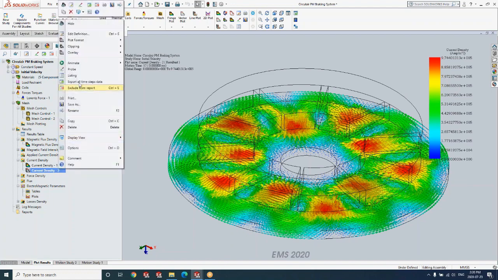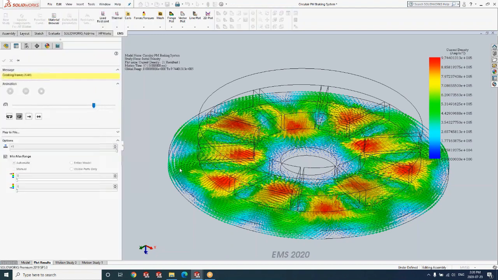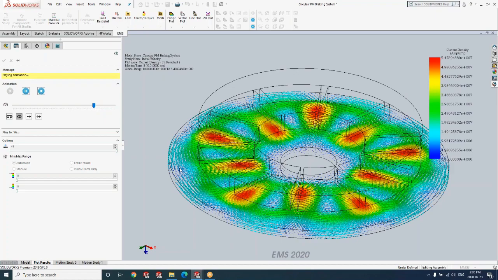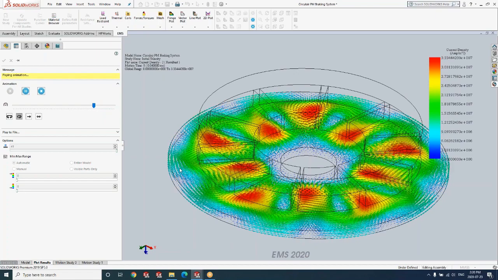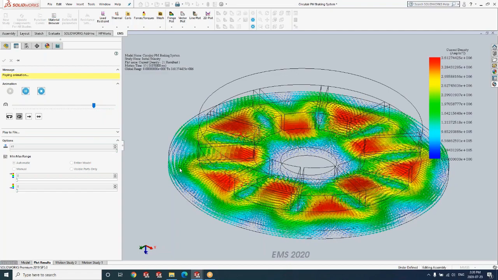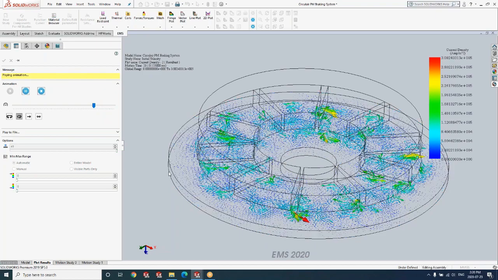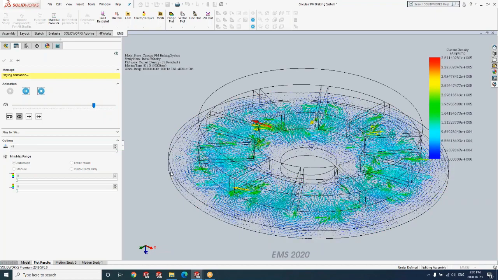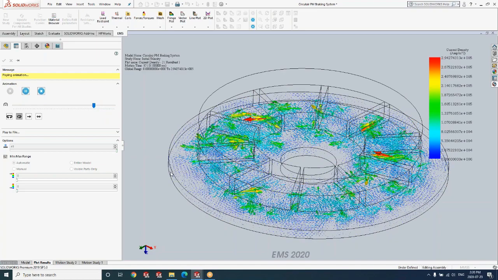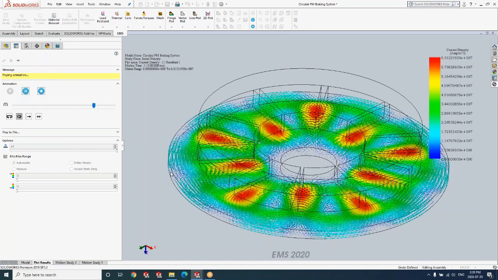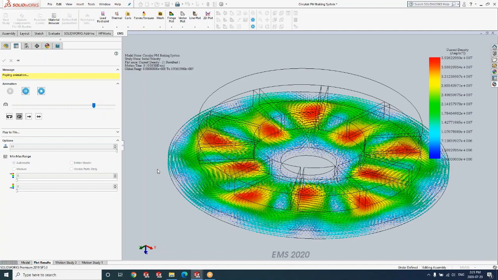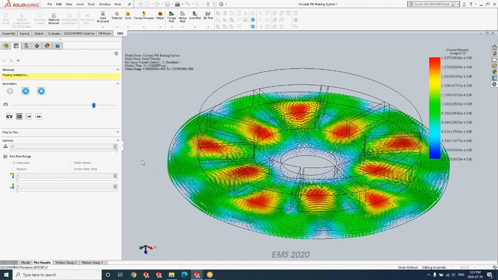One can actually plot these eddy currents, and you can also animate the movement of the disk as a function of time. So here I'm going to create an animation where the eddy currents will change as the disk starts to rotate. Notice how the changes happen in the magnitude and the direction of the eddy currents in the rotating disk. As soon as the disk comes to a stop, the value of the eddy currents really goes down. So you can see how the eddy currents propagate and change as a function of time.